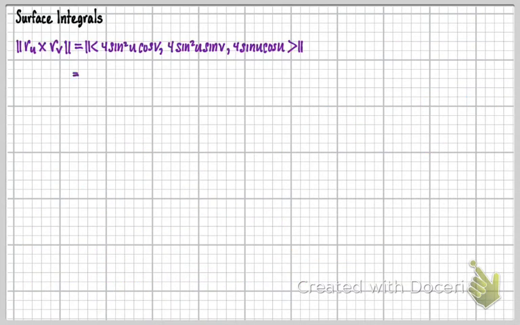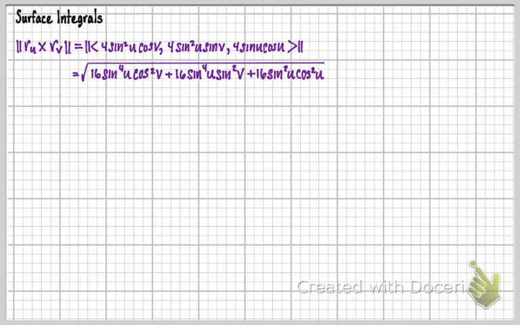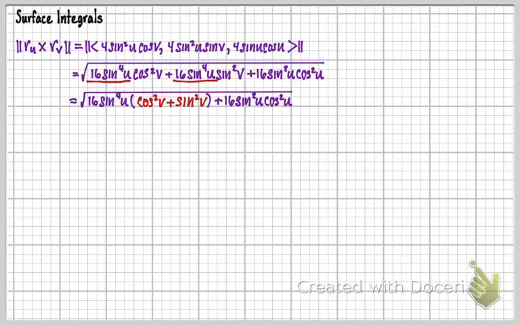So now this is going to equal the square root of, and now I'm just going to square each of those. So we end up with the magnitude of all of these components squared. And then all we're going to do now is simplify here. So the first thing I'm going to do is look at the first two expressions here, and I'm going to pull, let me use a red here, a 16 sine the fourth of u out of both of those. So now the inside of this here is going to be a 1. So we get